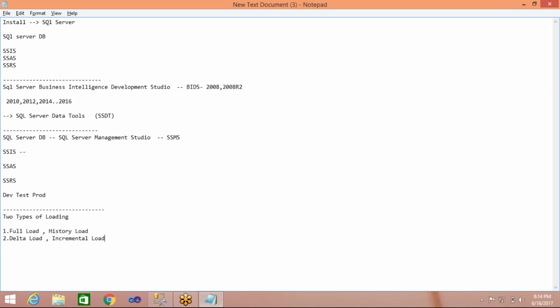Okay, the 10 years of records I need to get, which is nothing but the full load. Full load is nothing but whatever data we have in the source system, that entire data we are pulling into the data warehouse. Okay, so that is nothing but the full load. Delta load,